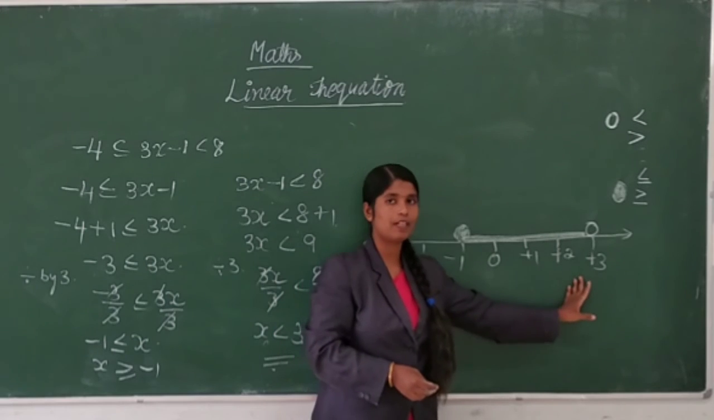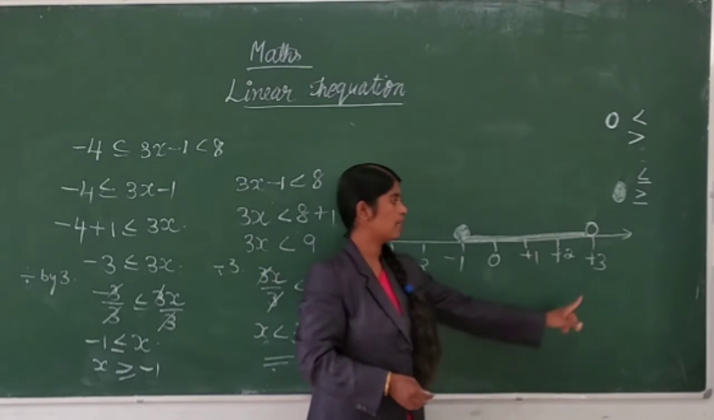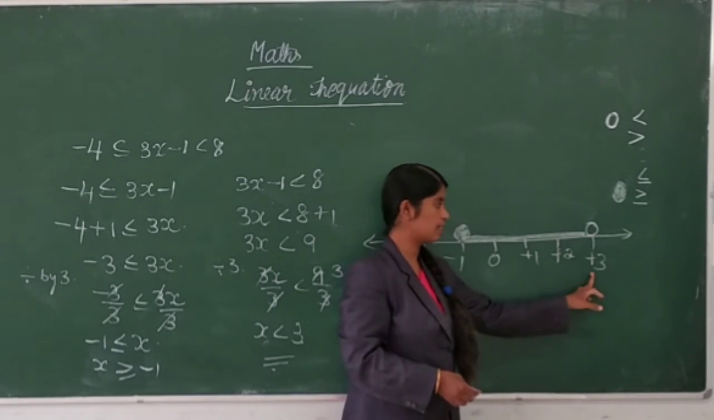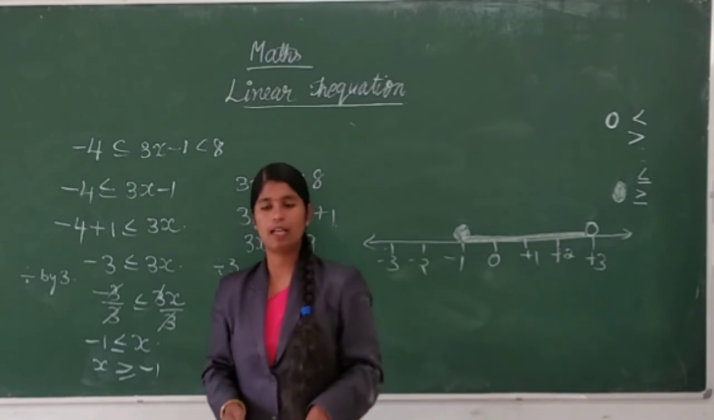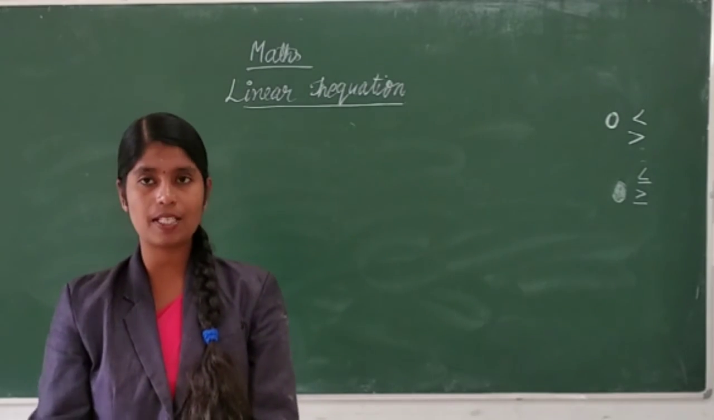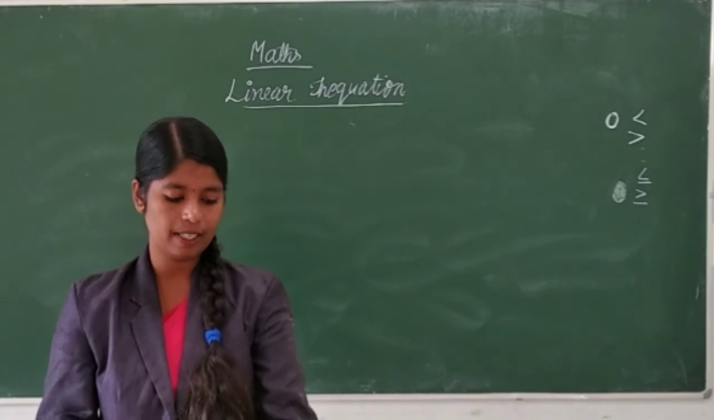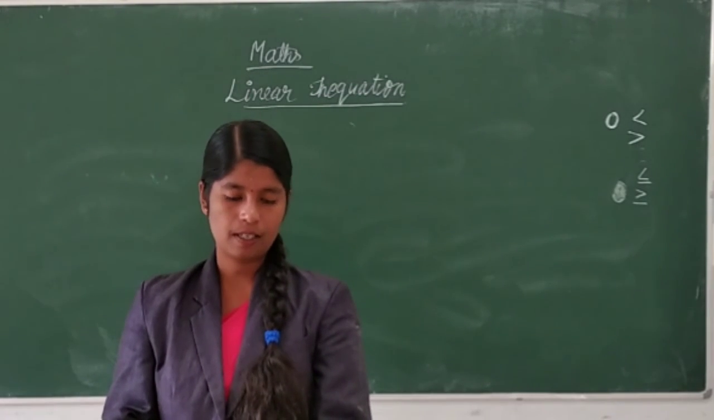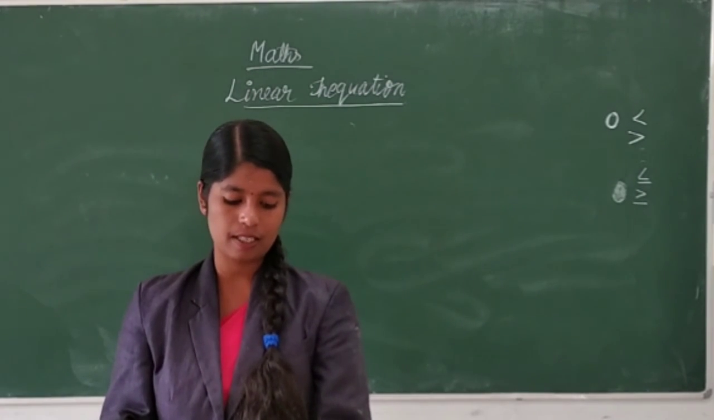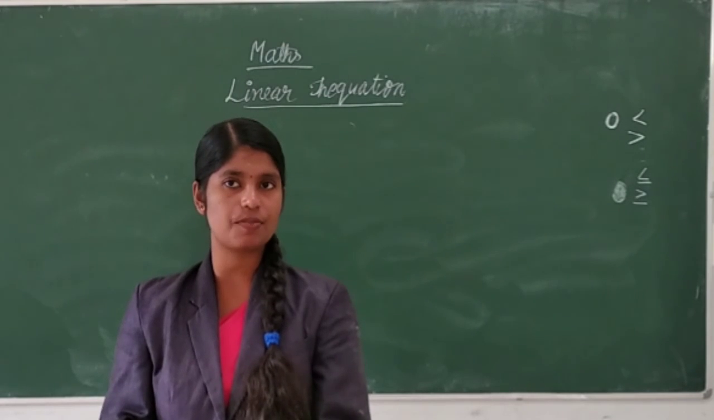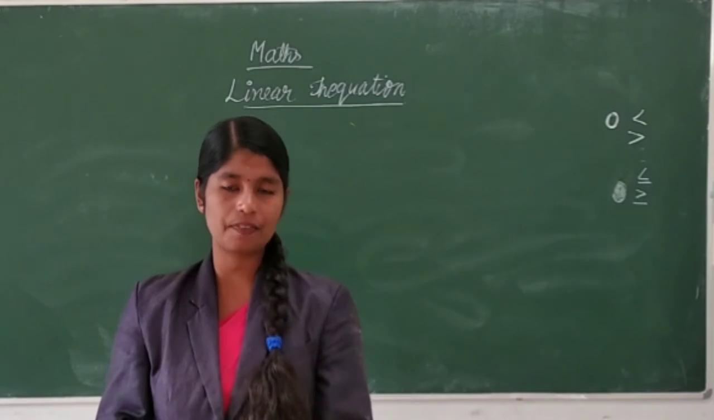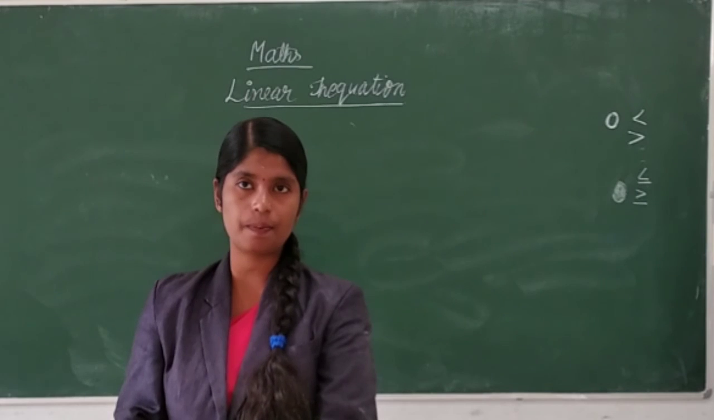It is moving forward, so it is greater than minus 1. It's moving backward, so it is less than 3. Any doubts? Okay, the second question is for homework in the same one: x minus 1 less than 3 minus x less than or equal to 5. This is for homework. I am repeating the homework sums in the first main